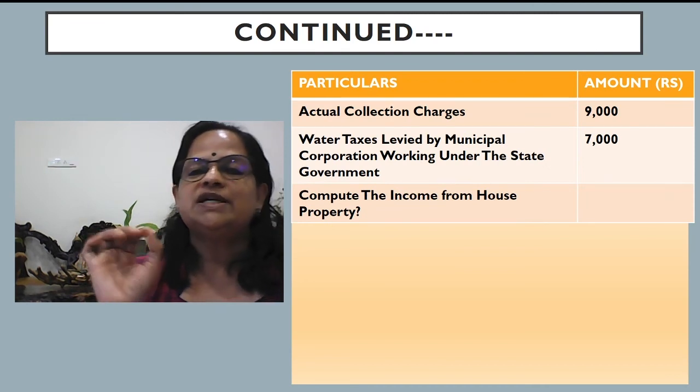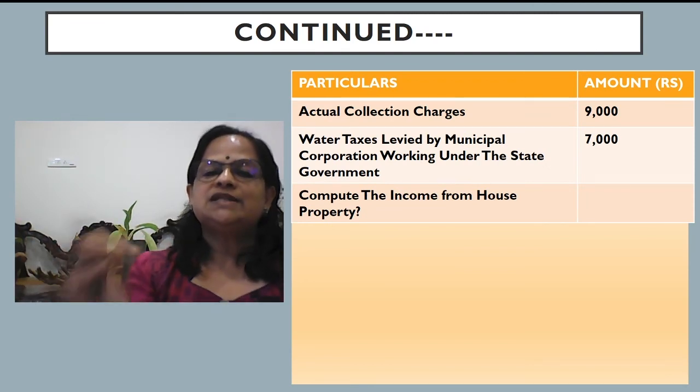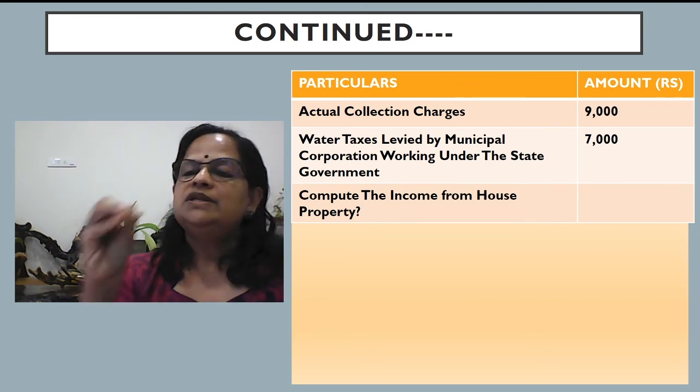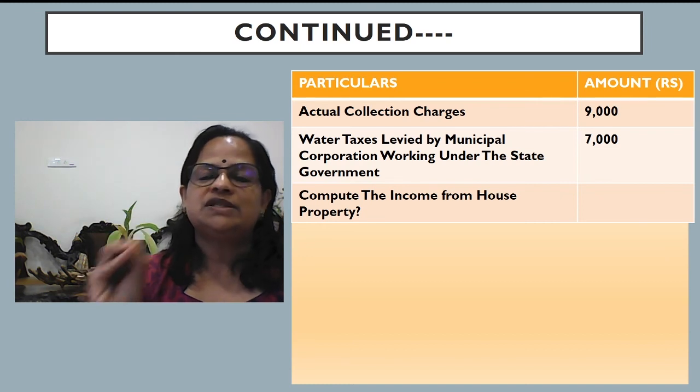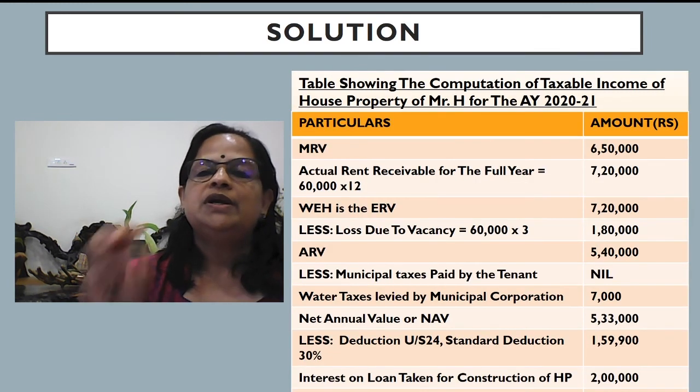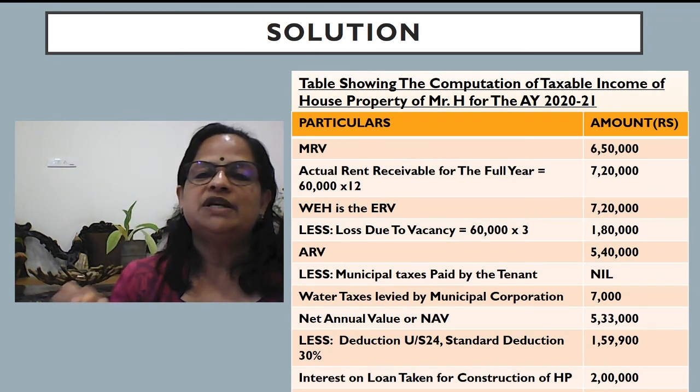Actual collection charges 9,000. Water taxes levied by municipal corporation. This is allowed along with municipal taxes. This is the adjustment you have to learn from this chapter. 7,000. Compute income from house property. Now, table showing the computation of taxable income of house property. You have to remember